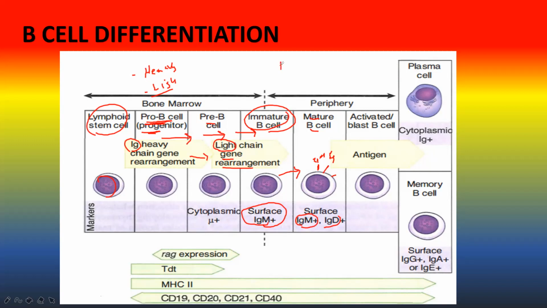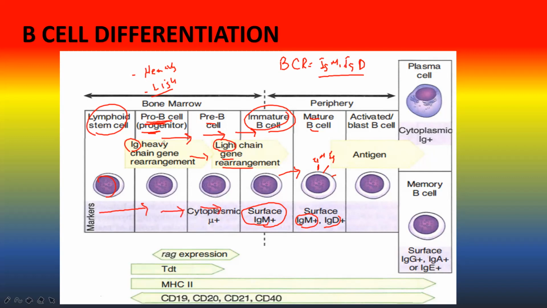What are the B cell receptors? B cell receptors are IgM, IgG, and IgD. These antibodies act like B cell receptors. Now you can see the steps of